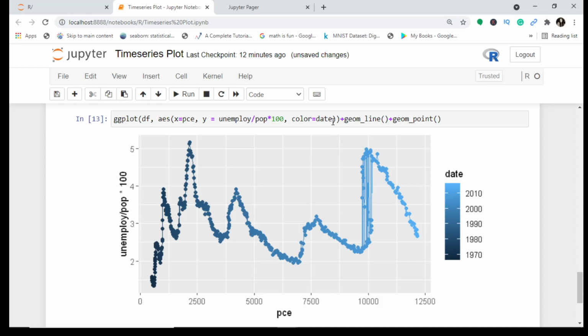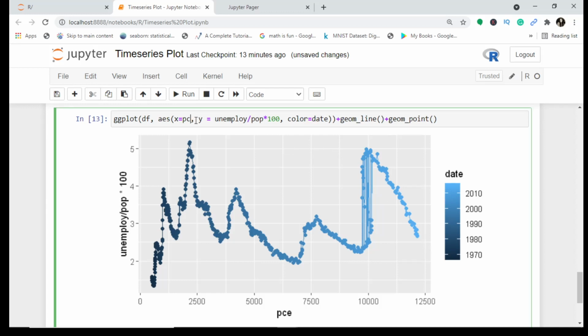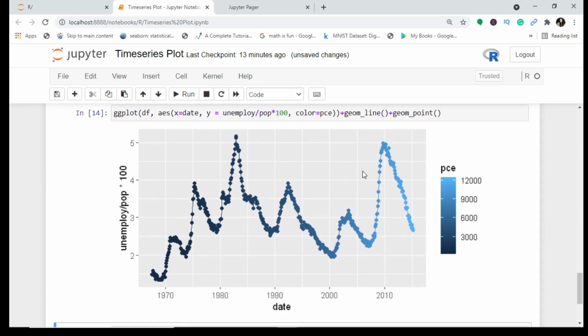Okay, I can change the color, I can change the unemployment rate. That makes sense on the x-axis. So I interpret that with the personal consumption rate, but this really, I'm not satisfied with this figure. It is not making much sense. It's too loaded, too much information here. So I revert this back to date, and in color, let me give you PCE. Let's see what happens. Okay, now this is somewhat better.